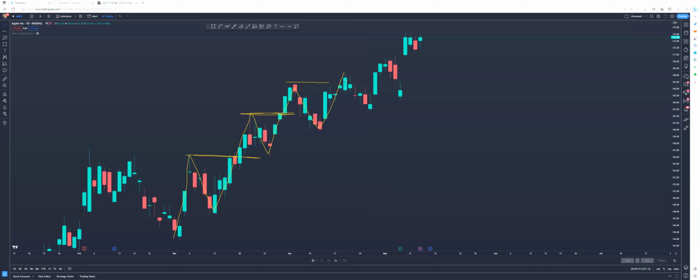Is this a break of structure right here? Down, pull back, pull up. Is this a break of structure right here? Come down, pull up. Is this a break of structure right here? Up here. Cool. So for my people that say you're confused, I literally don't know how to explain it anymore.